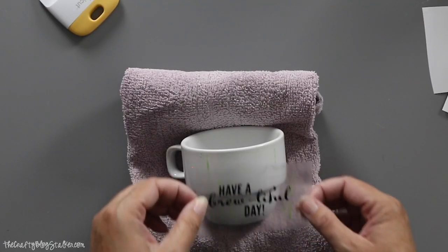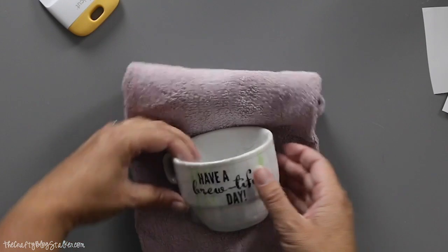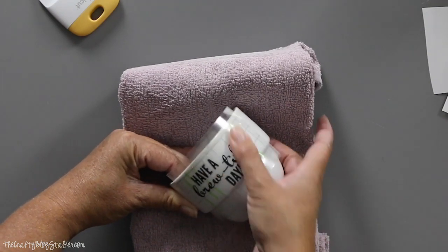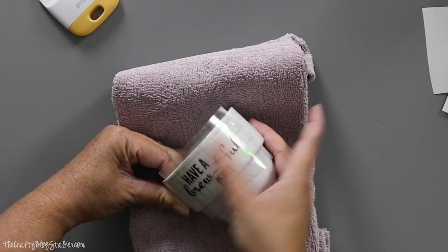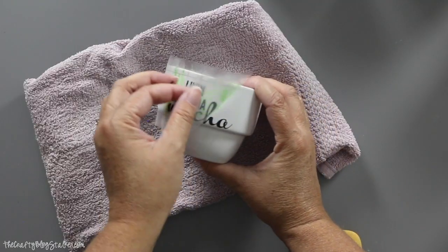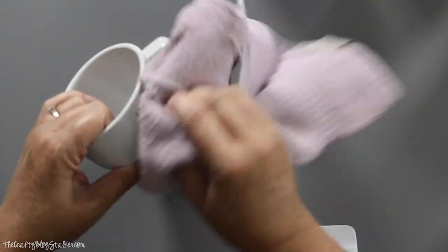Okay, and we're gonna line up this one and rub it on. Aren't they so cute? This is a great gift idea or just a fun way to have something personal on display in your kitchen. Livin' La Vida Mocha. All right, now that they're all applied, we can just rub off that dry erase marker